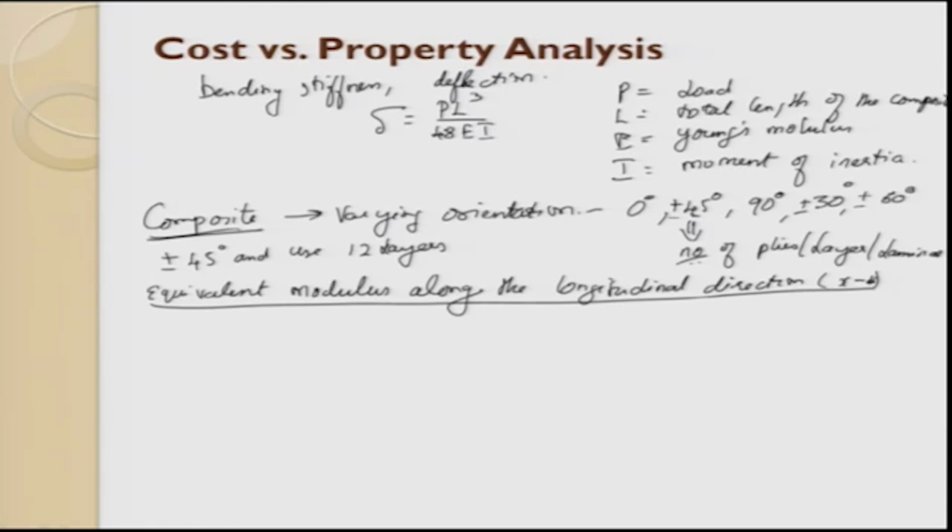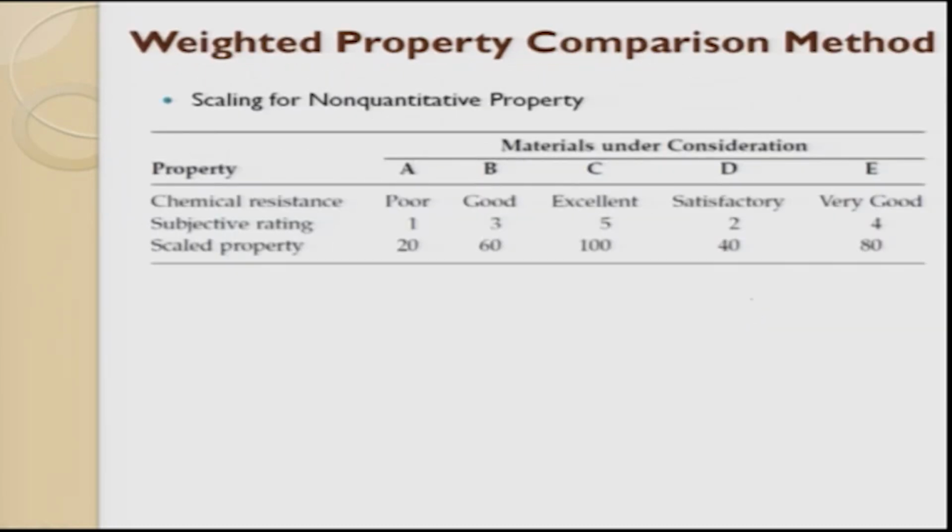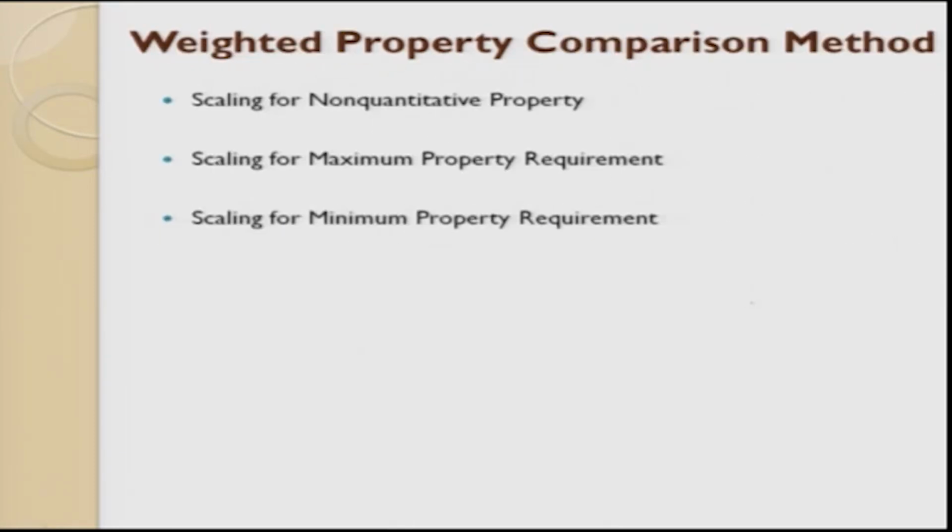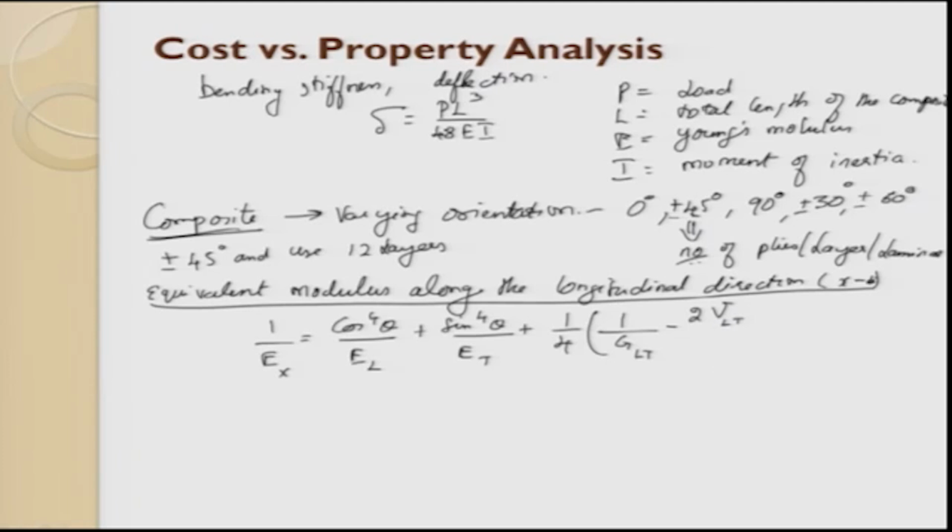The formula will be something like this: 1/Ex equal to cos 4 theta divided by EL plus sin 4 theta divided by ET plus (1/GLT minus 2 times Poisson's ratio VLT divided by EL) into sine square 2 theta divided by 4,